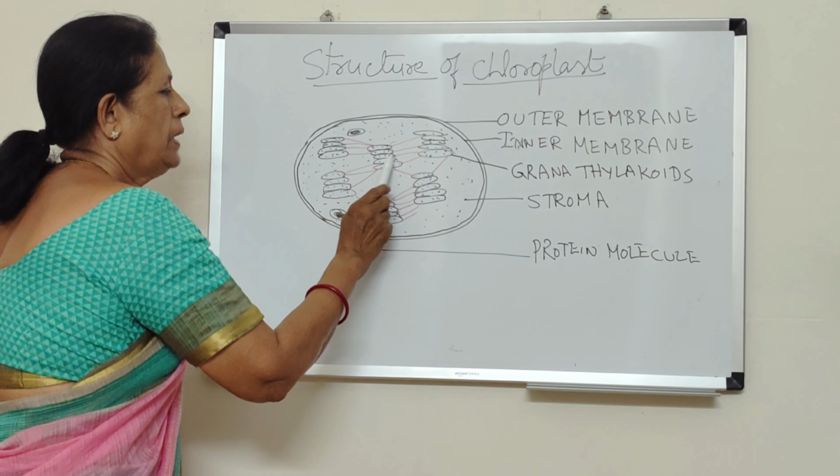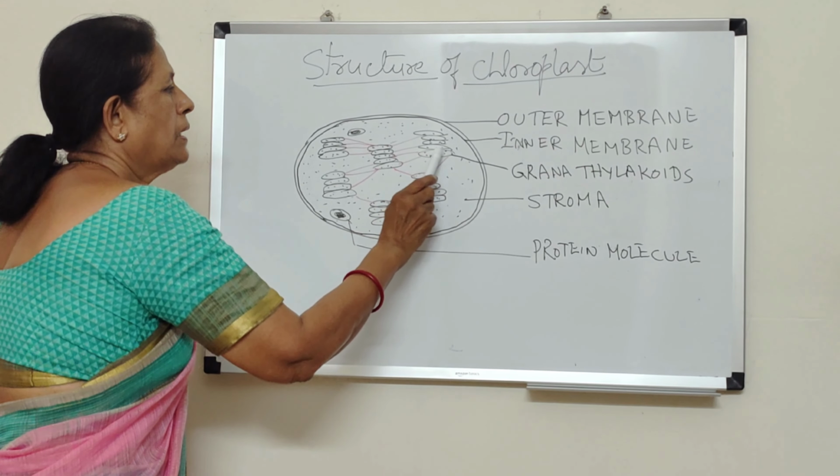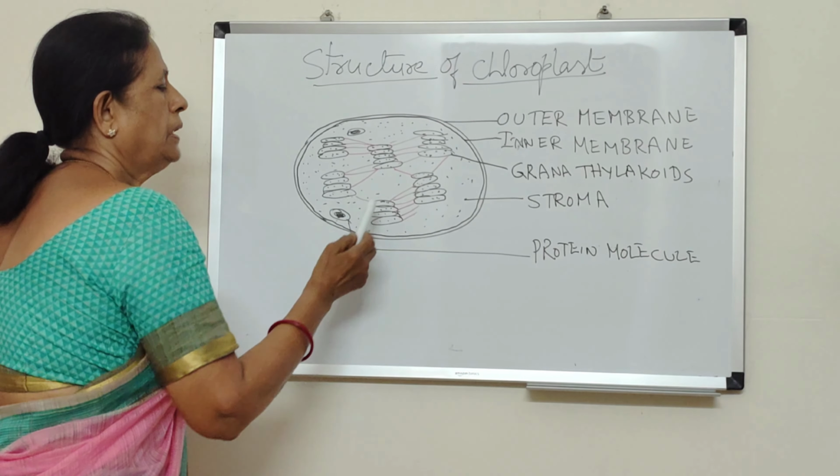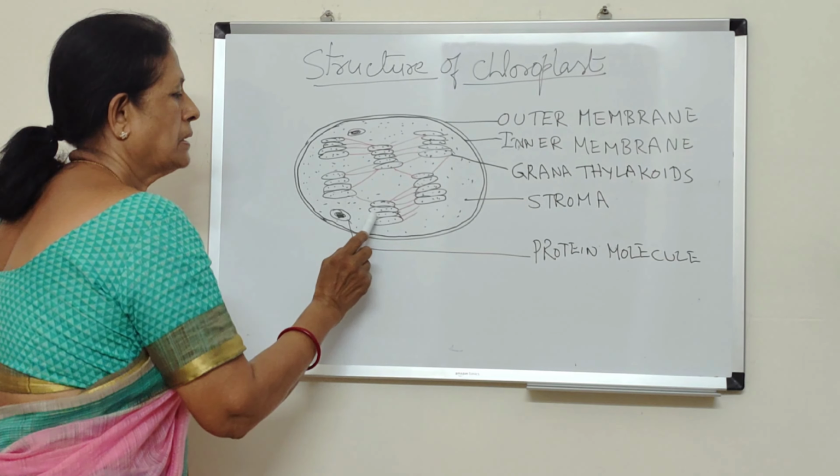Inside the inner membrane, you can see plate-like structures arranged one above the other. They are called granathylakoids, and they contain the pigment called chlorophyll, which is responsible for the green color of the leaf. These granathylakoids are connected with each other